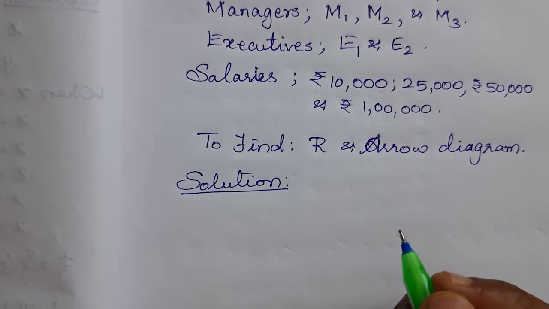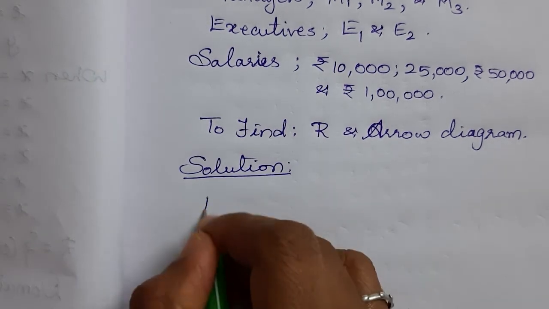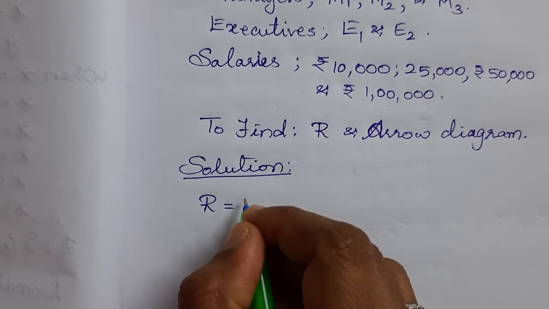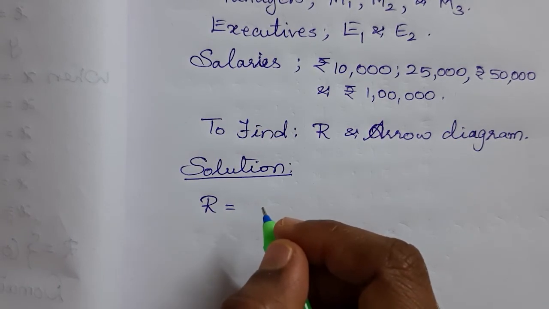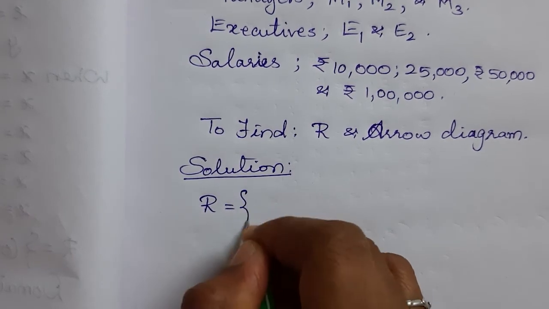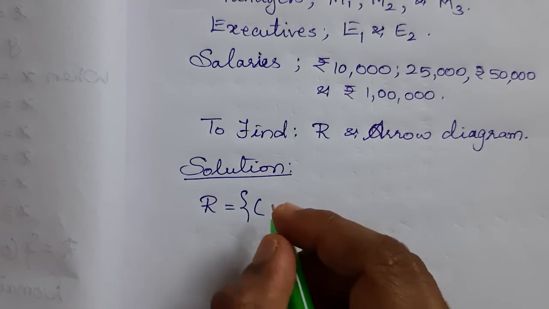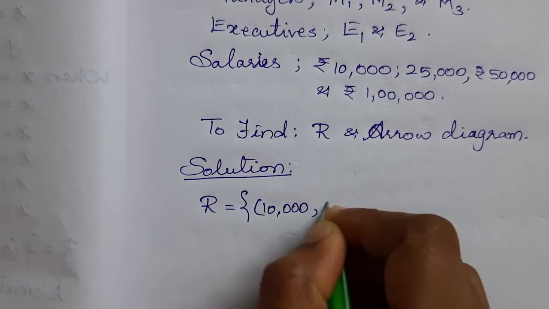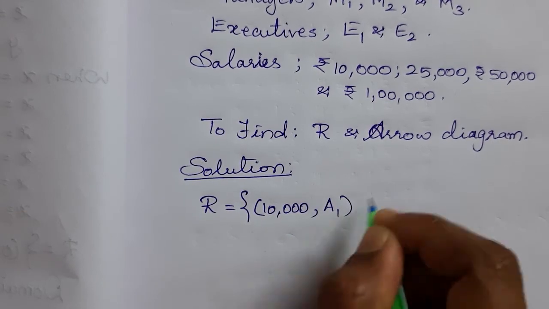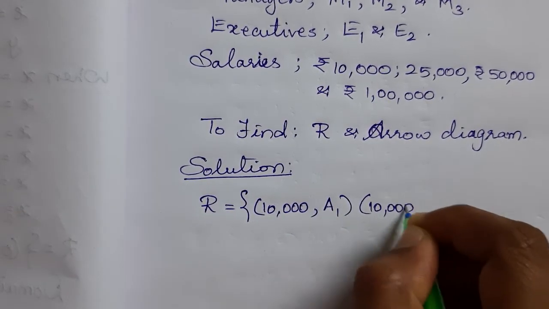So first we are supposed to write it as a relation. Relation R is equal to, we have to write it as X is salary and Y is the person. Y represents the person and X represents the salary. You have to relate it as X related to Y. So first you have to write the salary and then the person. So let us write the relation. First salary is rupees 10,000 and the 10,000 is given to assistants, which is A1. There are 5 assistants. So 10,000,